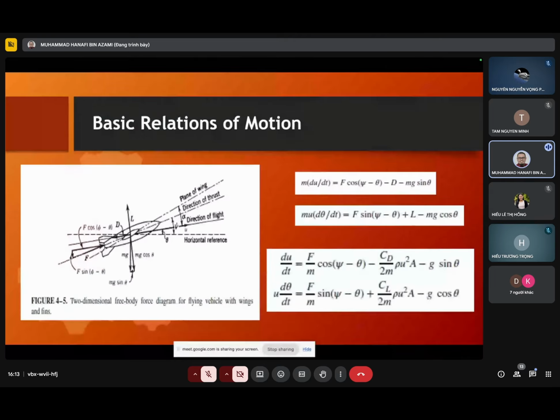kind of misunderstood the beauty of F equals ma. What is F? F is the force. What is m? Mass. What is a? Acceleration. But they did not know F must be in the same direction as a. This is something students sometimes miss out. F must be in the same direction as acceleration, and this F is a net force. So this is ma, and the right part is F. So F is a net force. The net force from what? F cos psi minus theta, which is this one. We assume that this is